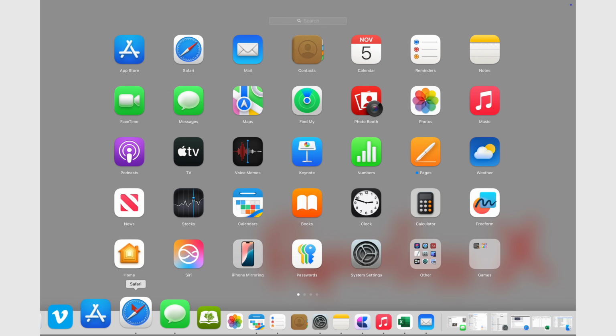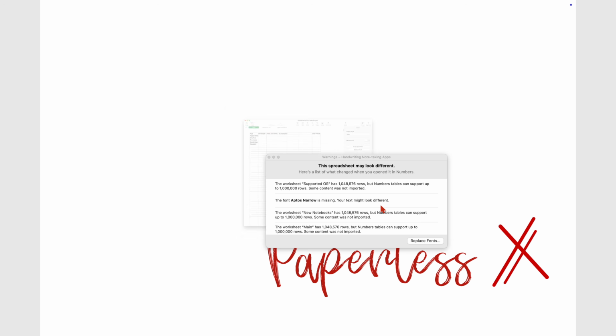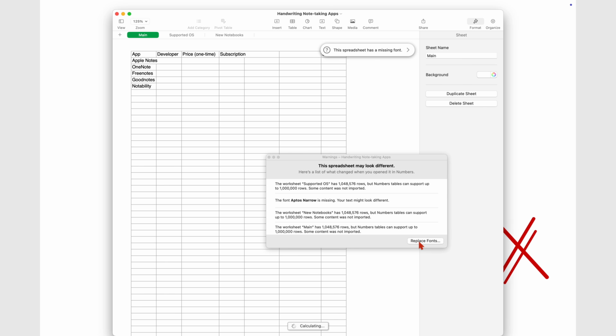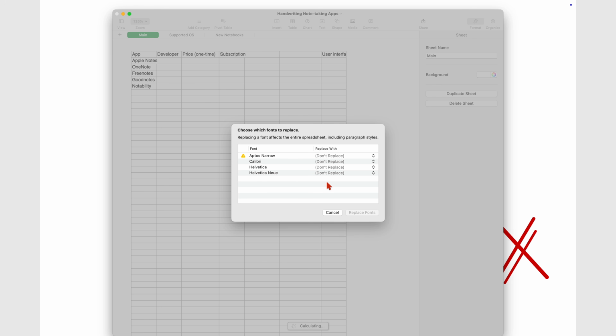This is one of the things I love about a database: information is so easy to export and use in a different app, unlike what you get with most handwriting note-taking apps. Your hard work is not going to be wasted. It took a while,